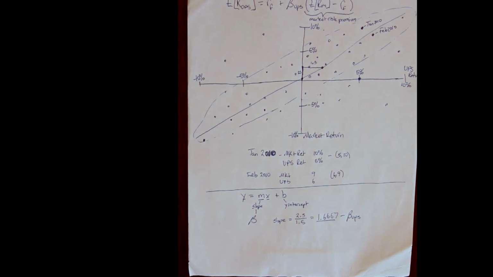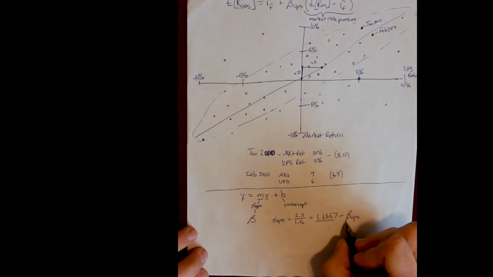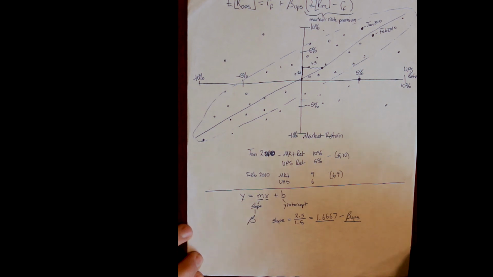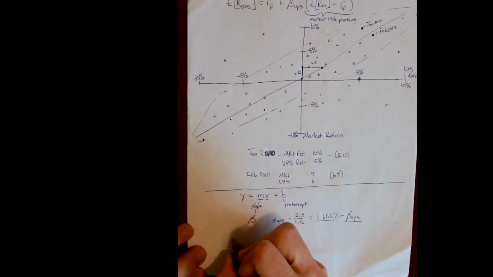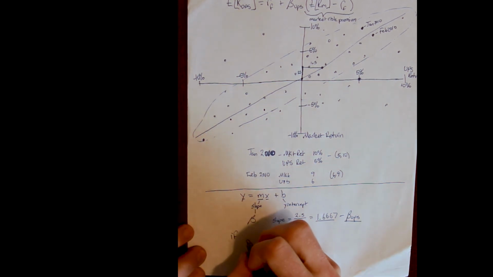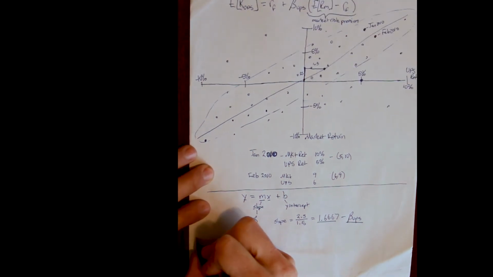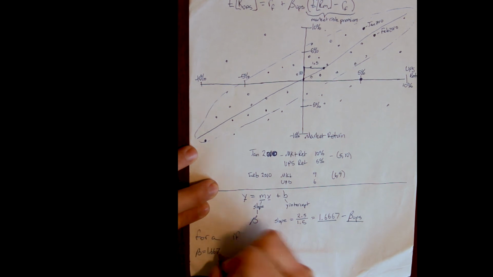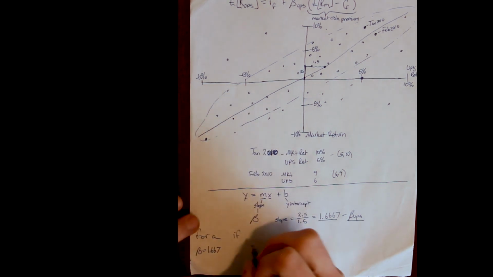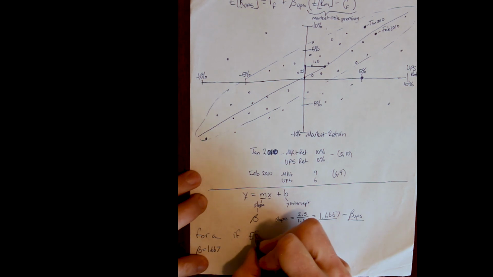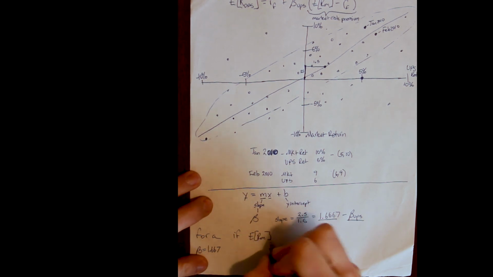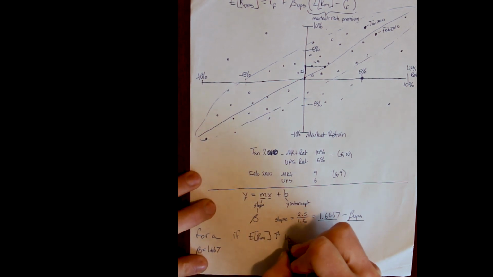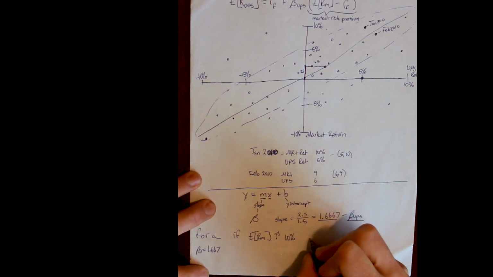Now, what does this beta mean? How do I interpret beta? I interpret beta like this. I say, for a beta of 1.667, if the expected return on the market goes up by 10%, then